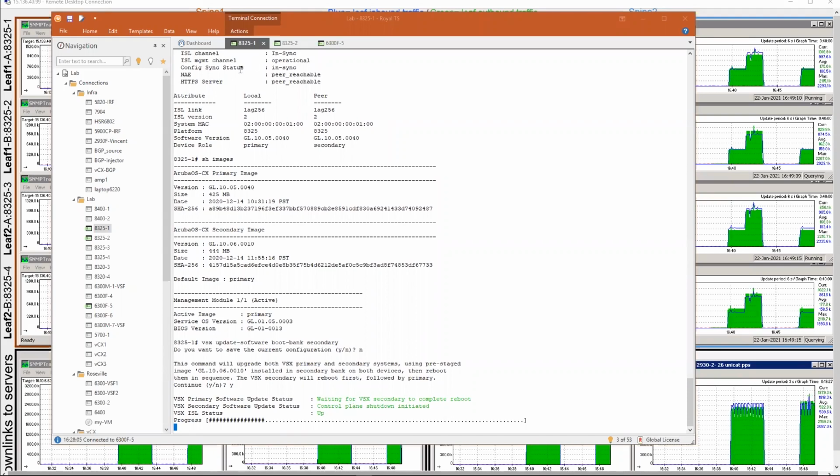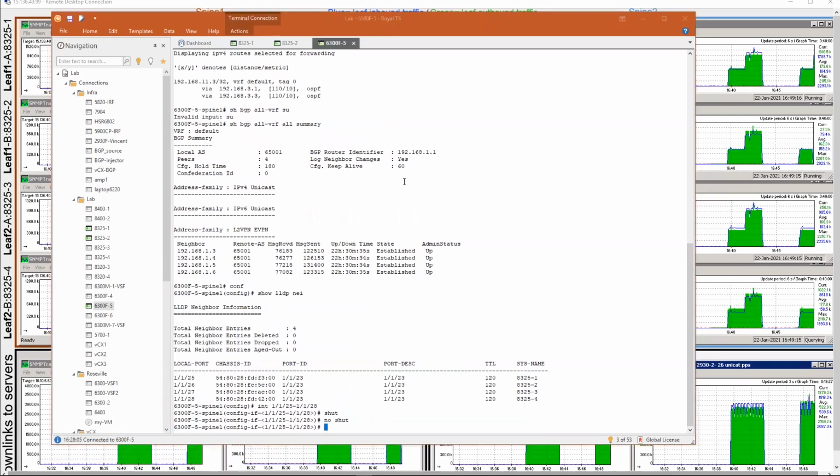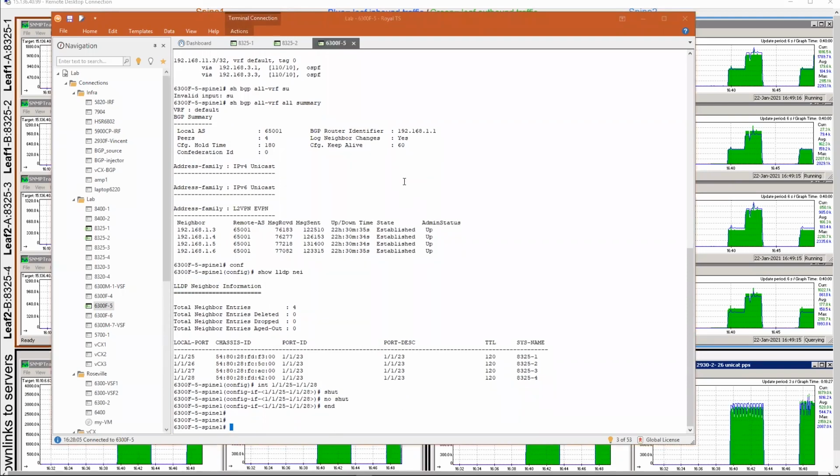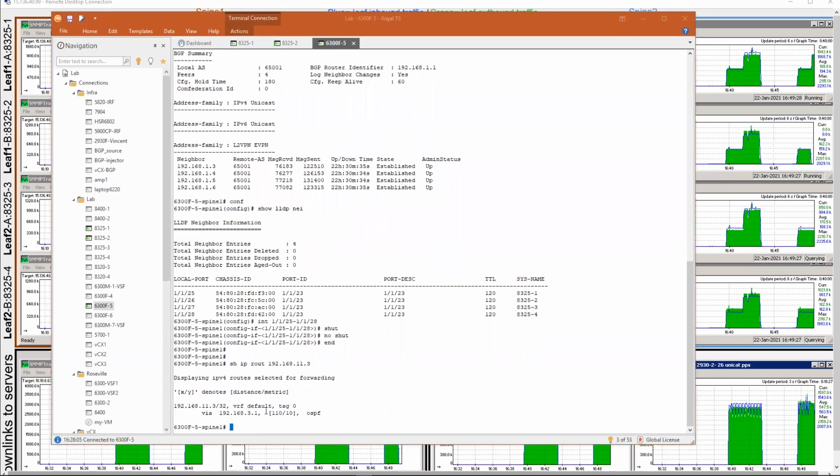Control plane shutdown initiated. So we can now go back to the spine, for instance, and take a look at the reachability of loopback one. You see, loopback one is now known by only one device.